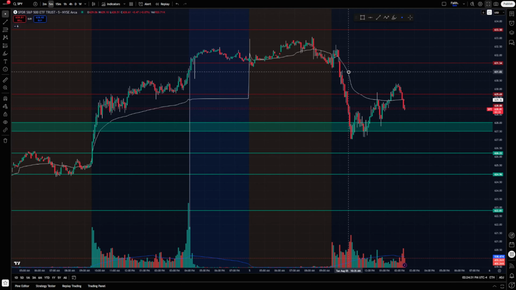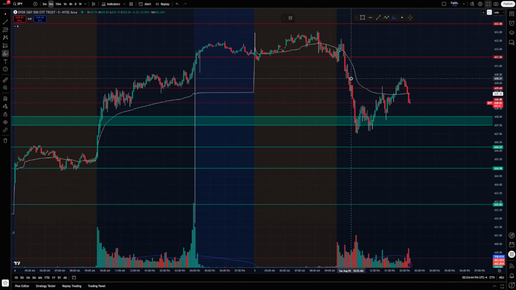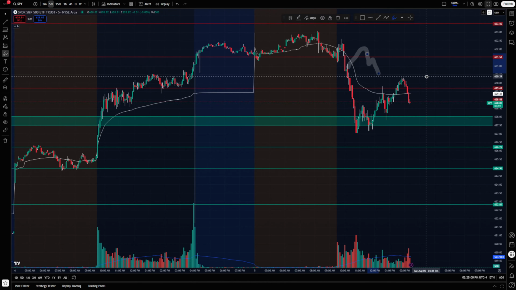So I might wait until it came into this level here, but I might wait until it dug into the level a little deeper to around the 632 area before I started to wait on some type of confirmation on a break and retest to the downside, if that was to happen, right? Or here, you could have waited here, but you see how